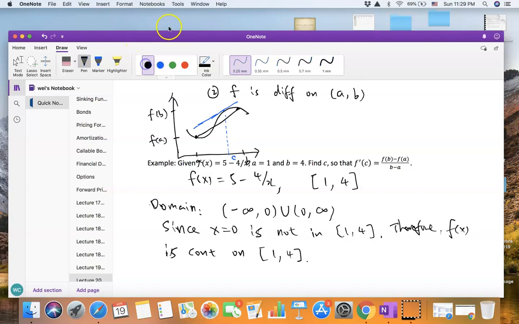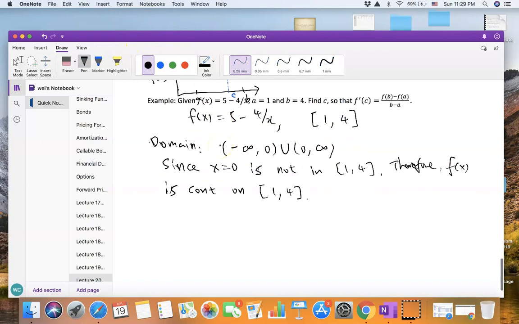The derivative exists. So we first need to know what is the derivative of this function. So we take the derivative of this function and need to find the derivative function, which is 4 over x squared,